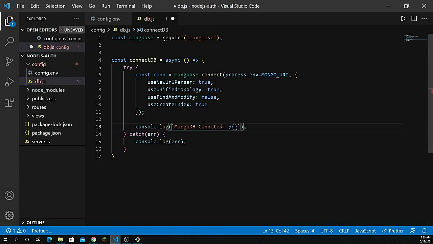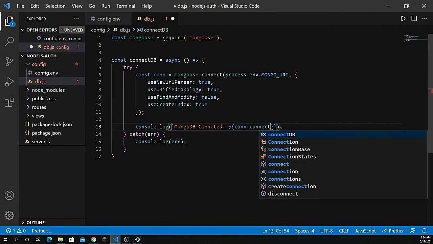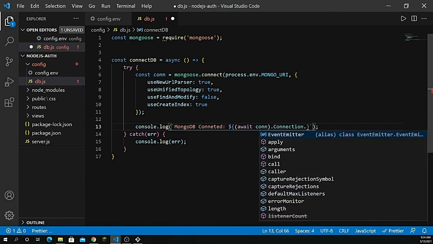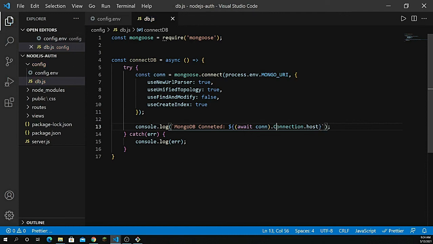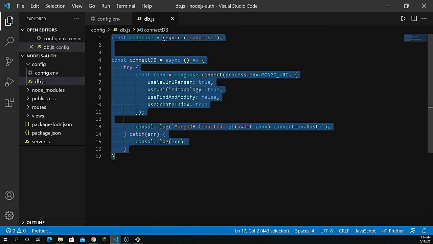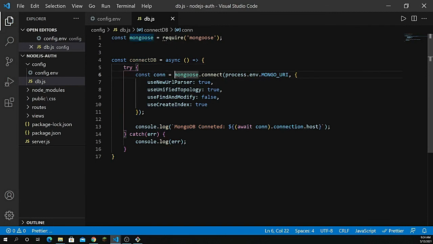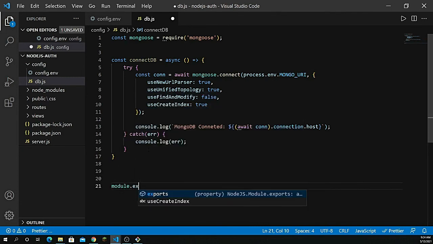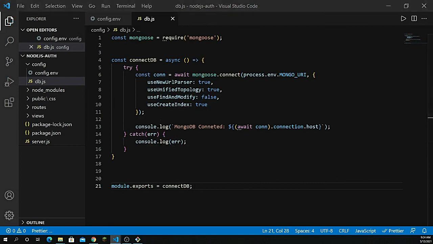I need to show the host name for the connection, so you can do that. So con.connection.host, and make sure that it should be a smaller c. And I'm using async here, so I need to use await right after that. Okay, save it, and let's export the module. So module.exports equal to that variable that we passed, so that we are able to access